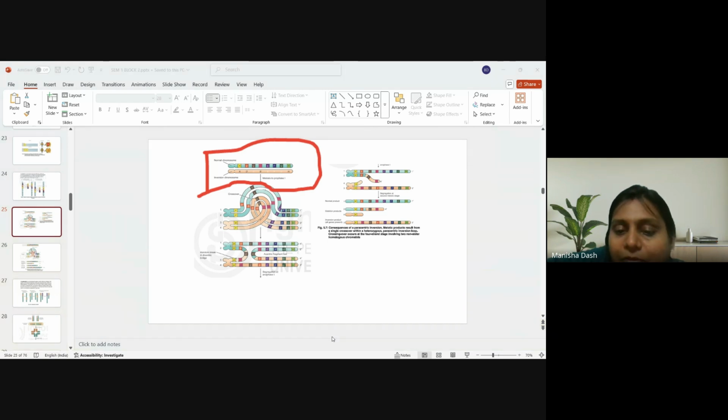Now if there is a person who is heterozygote for this kind of inversion, what does it mean? The person has a normal chromosome and an inverted chromosome together. So during gametogenesis the individual will have a lot of problems. When the inversion is heterozygous, recombination or crossing over should occur, which means the homologous chromosomes or the homologous regions